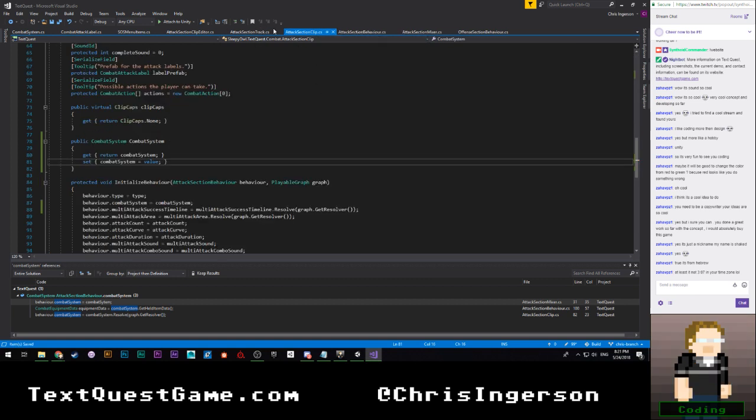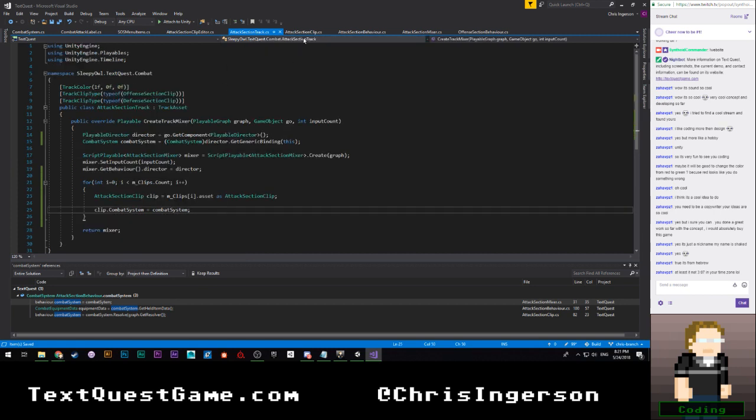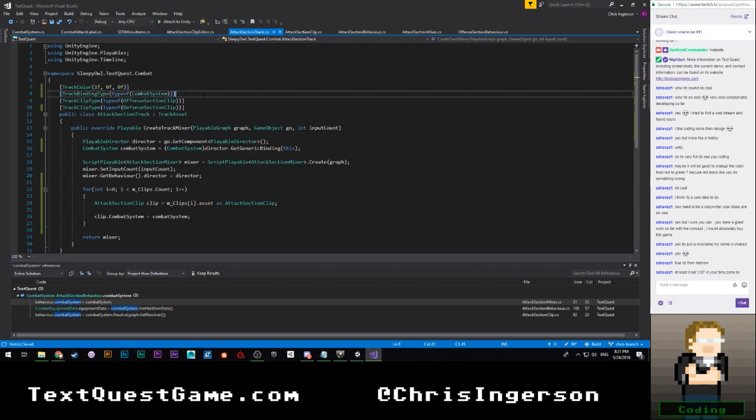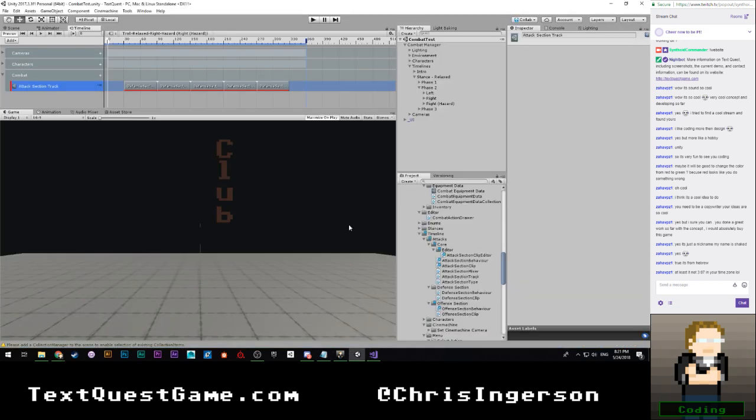And now I no longer need to worry about having the actual clips reference the combat system because now I can just do this. Track binding type. Track binding type. Type of combat system. Okay. So let's go ahead and let that. Actually, you know what? Because I want this to be in order of increasing length. Let's try that and see what happens. So now I won't have these labels anymore, but that's perfectly acceptable because I never had more than one. I can't have more than one